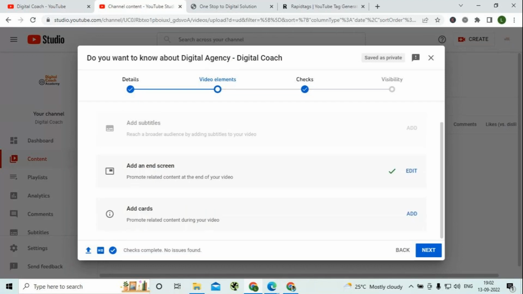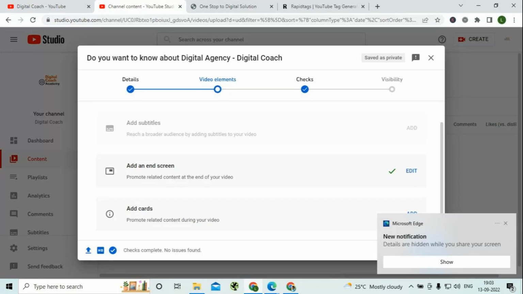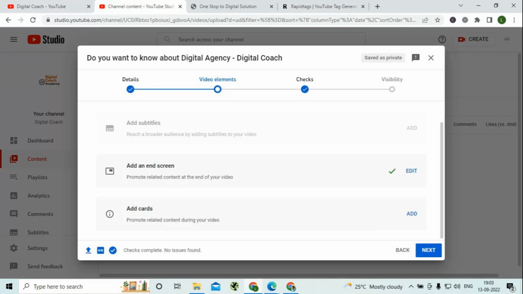The next thing is add cards. If you have observed any YouTube video, something runs on the top, in between the video or while starting the video. You can see a white suggestion screen on the top of the video. That is considered a card. It will show some suggestions, and some information will keep running over that. If you want to add such cards, you can select this option. As of now, let me say that it's not required. Click on next,